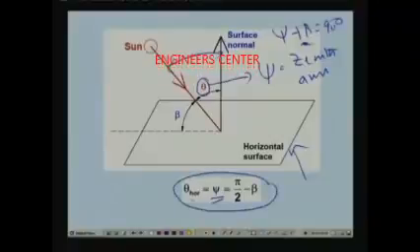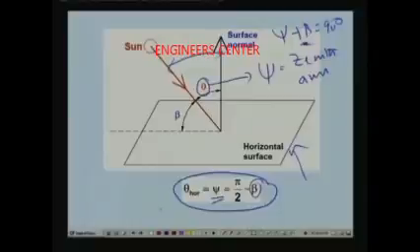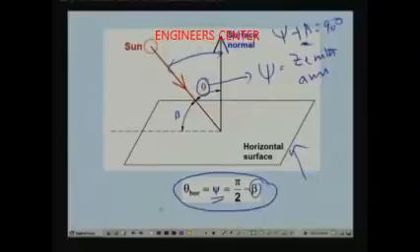Okay. So, if the surface is horizontal, then once you know the altitude angle, you can easily find out what is the angle of incidence. How is this information useful? For example, I want to calculate what is the radiation incident on a flat roof. Okay, a flat roof means it is a horizontal surface. So, all that I have to do is, on a particular day at a particular time, because it is a function of the time of the day, location of the surface and the day of the year. Okay, so all these things, once you know